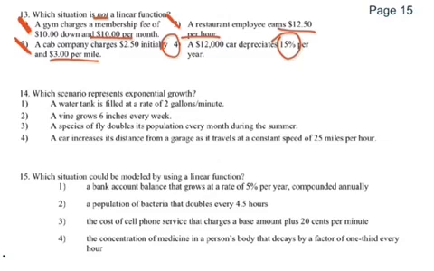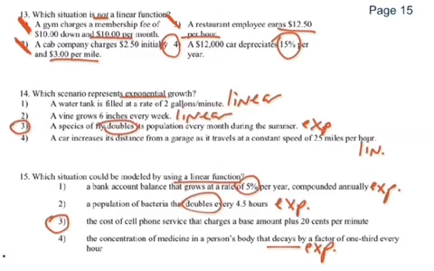Number 14 and 15, try those now on your own. So number 14, the exponential would be choice 3. It's exponential because it has the word doubles in it. And for